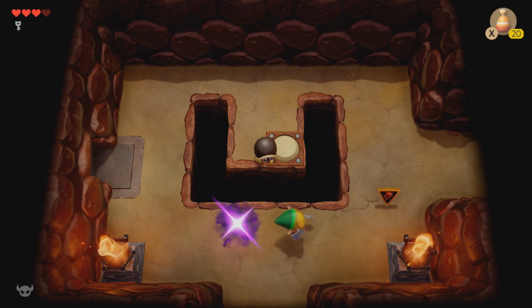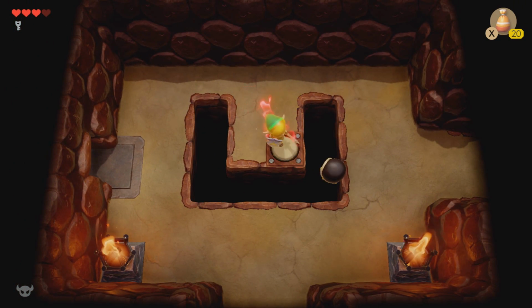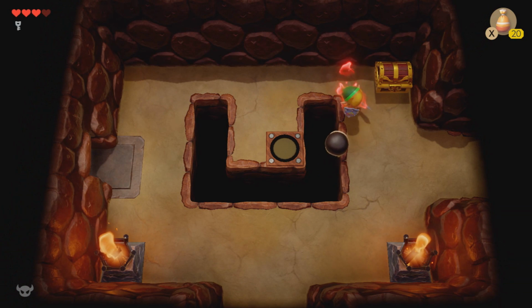These guys are just annoying. Hey, a piece of power, that'll help. So yeah, in this game, a cool little thing the compass does... Oh, he's kind of bounced over there. Weird. A cool little thing the compass does is if you walk into a room that has a hidden...